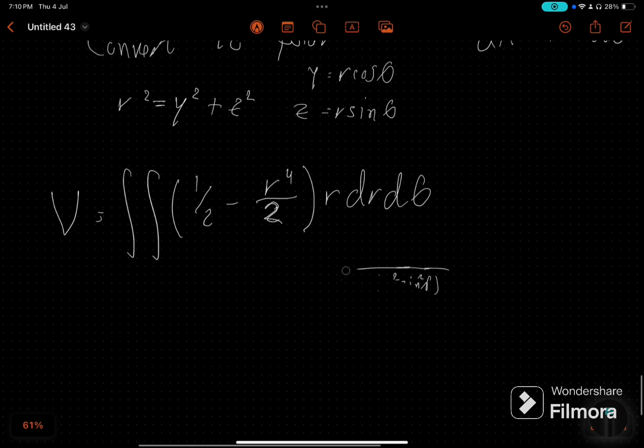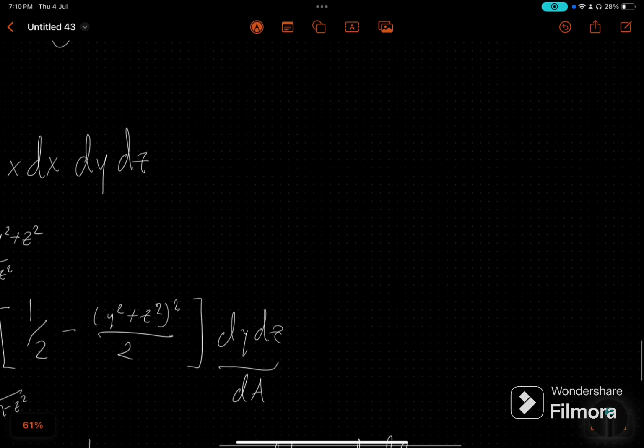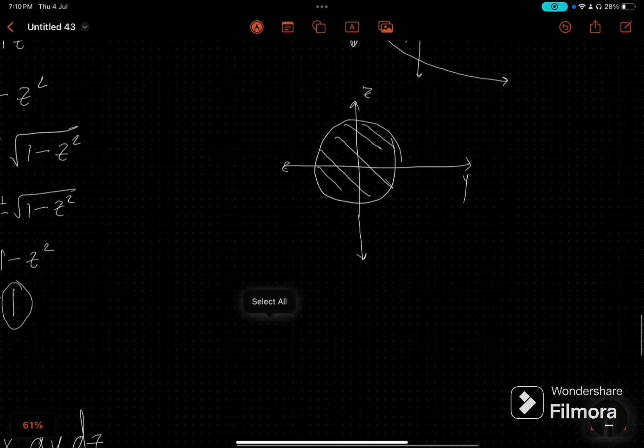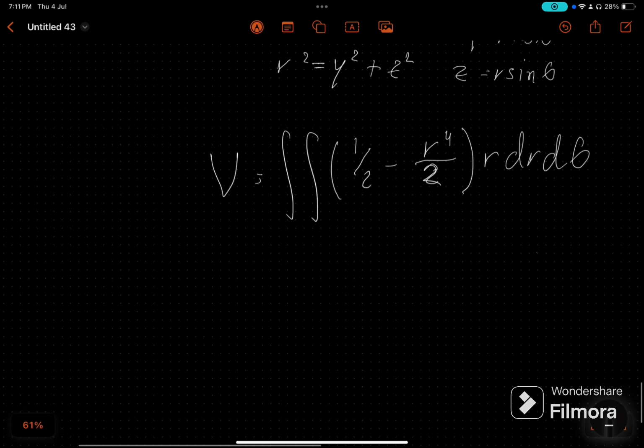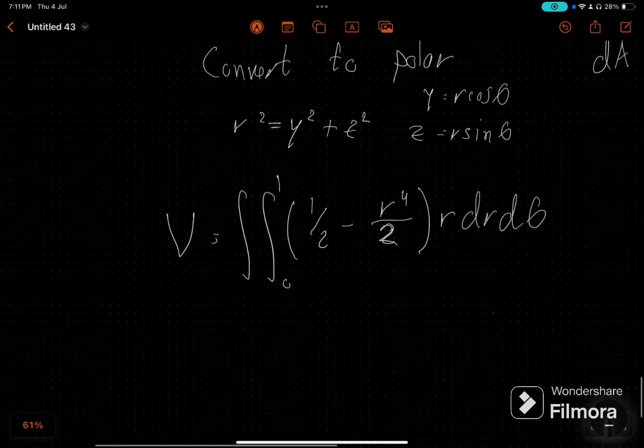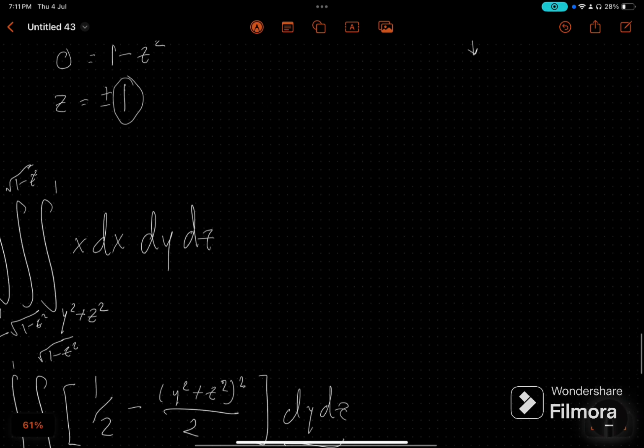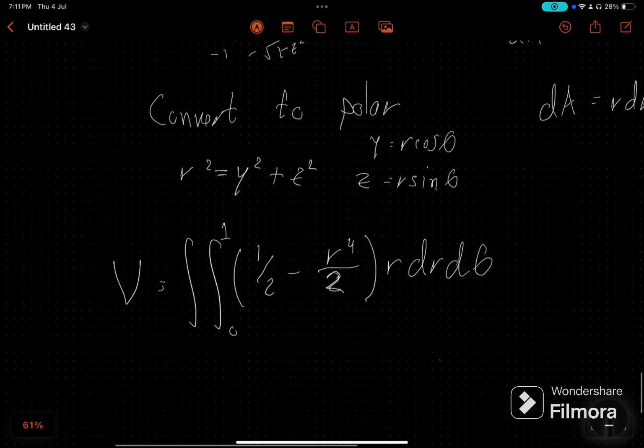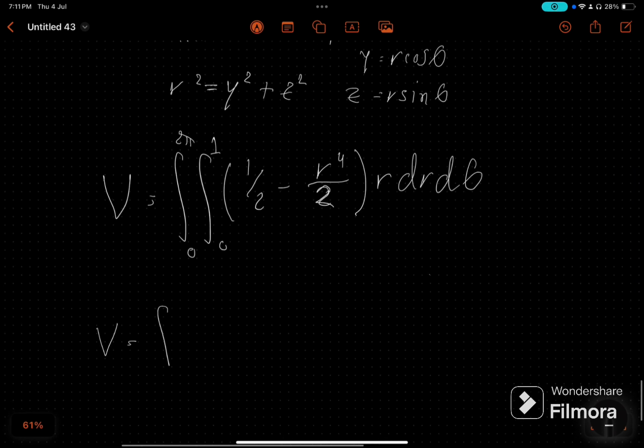This is from our graph. So this is polar. If we say this is polar and this is our partition, the partition goes from 0 up to r, and r is 1, so it's from 0 to 1. Now for the angle, it's just from 0 to 2 pi. Now it becomes a very easy way to evaluate this, 2 pi, and then the